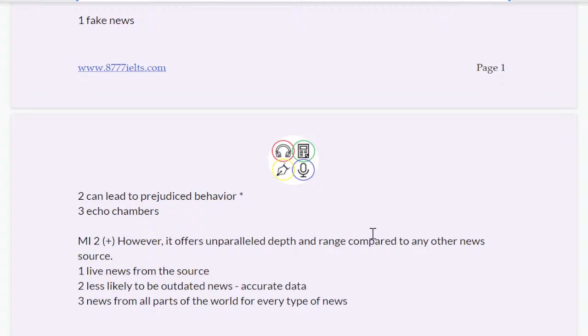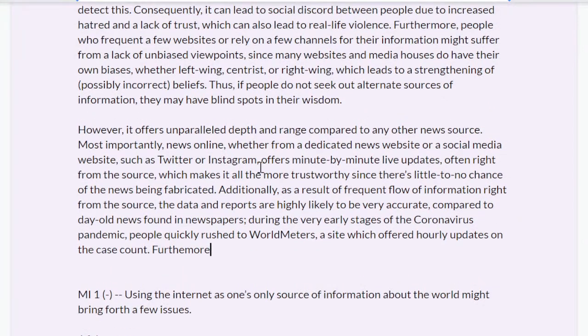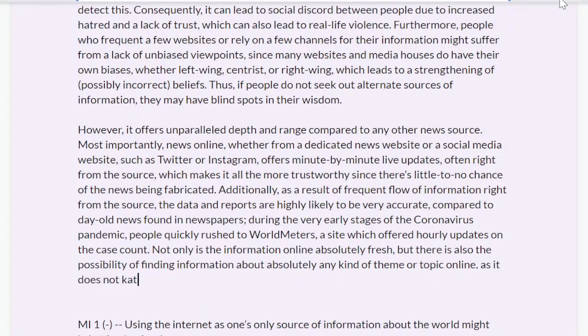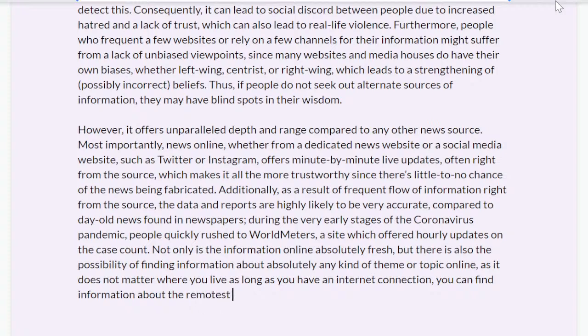And the last point is about news from all parts of the world. Wait, I've already used this, haven't I? Okay, not only is the information online absolutely fresh, but there is also the possibility of finding information about absolutely any kind of theme or topic. As it does not matter where you live, as long as you have an internet connection, you can find information about the remotest parts of the world, a feat not possible